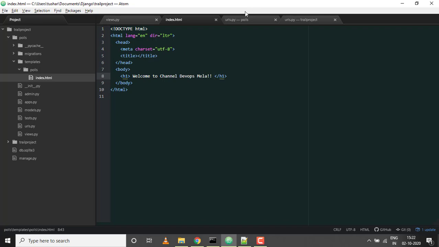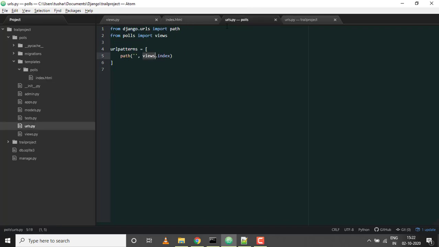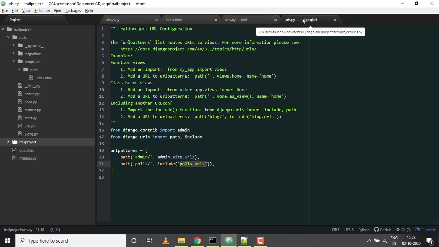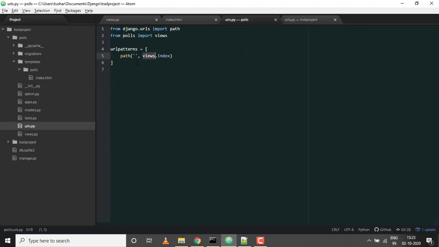Even if I go and change the URL to something else, it won't affect my views.py file. The way it is polls over here, if I want to change it to something else, like polls home, it's not affecting my views, it's not affecting my URL, nor any of my settings.